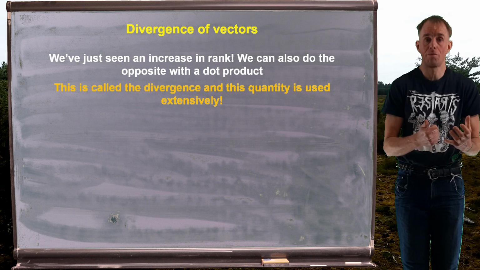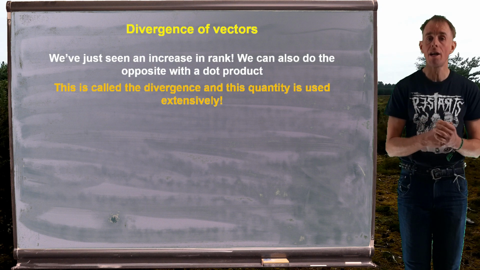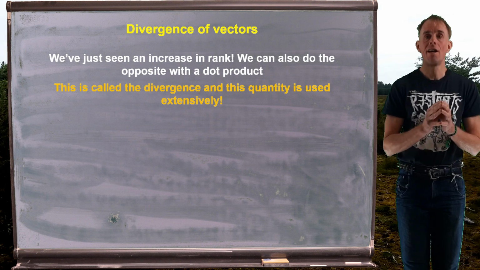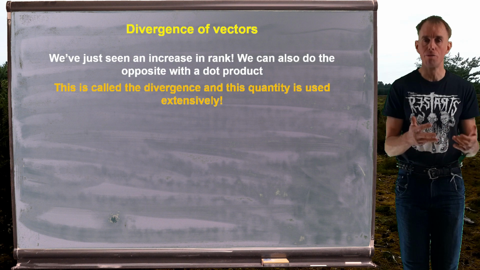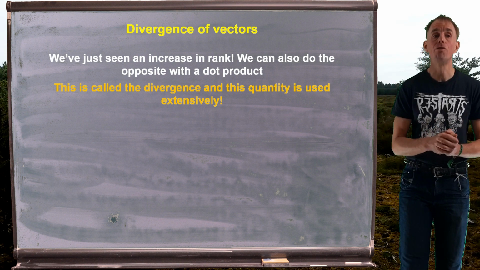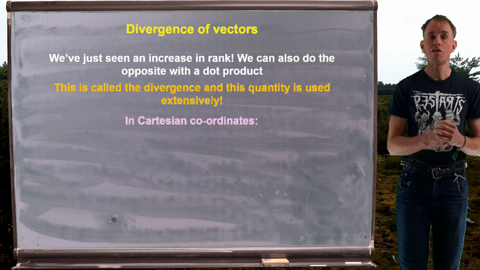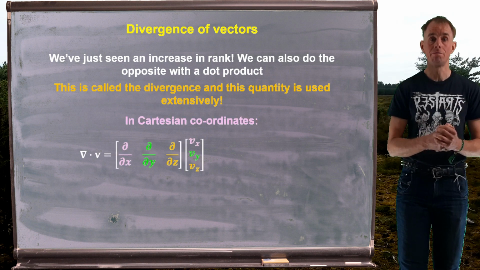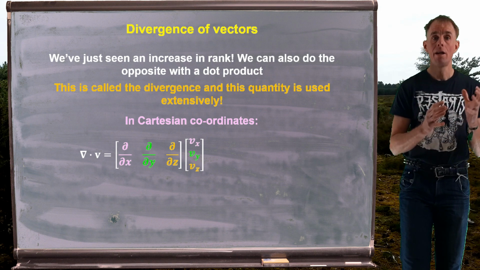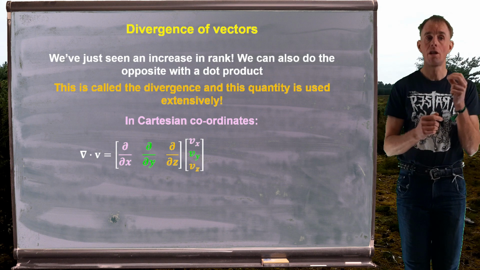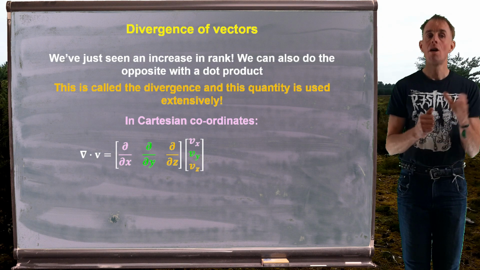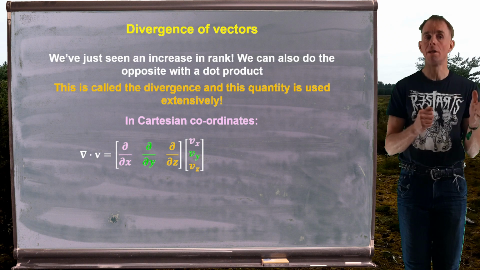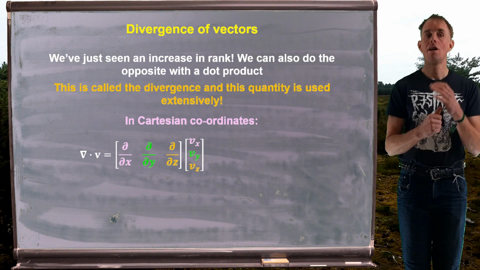It's called a divergence. And we'll see in lessons to come, this has a very distinct physical meaning. It's effectively a statement of conservation of volume, but we'll touch on that in lesson 4. For now, let's just focus on how, in Cartesian coordinates, we can write this divergence down. So we've got an inner product, gradient operator, dot product v, or gradient operator, inner product v. We have the row vector to start with, d by dx, d by dy, d by dz, operating on the